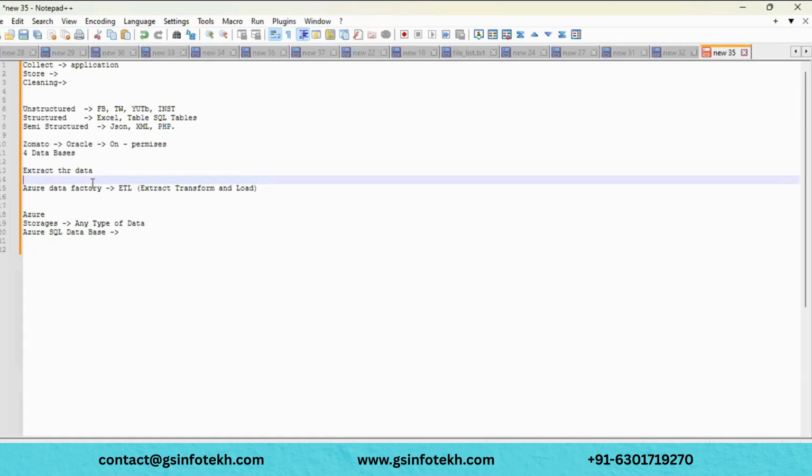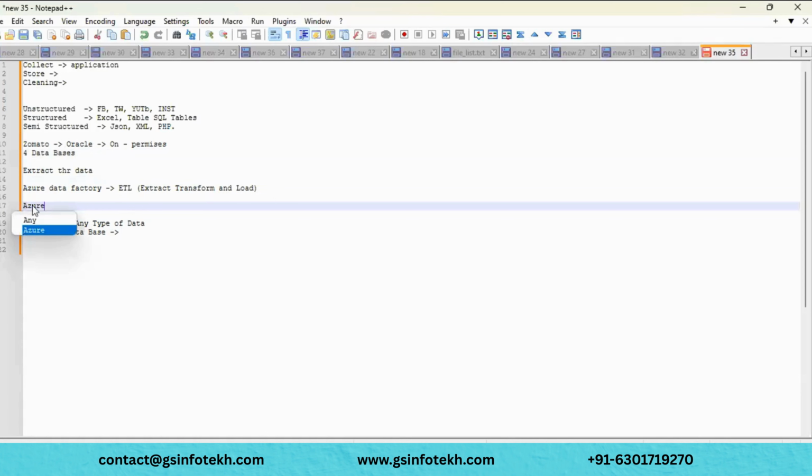And suppose we got the data, and we have connected to these four databases, and we have placed this data into, for example, Azure Data Lake storage.